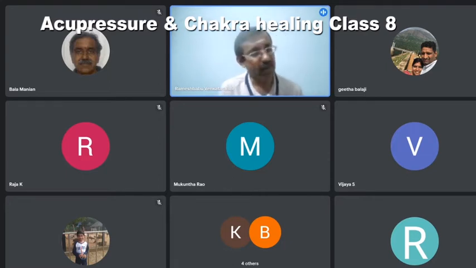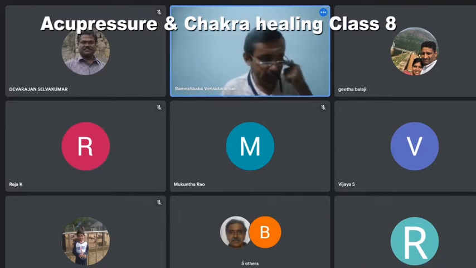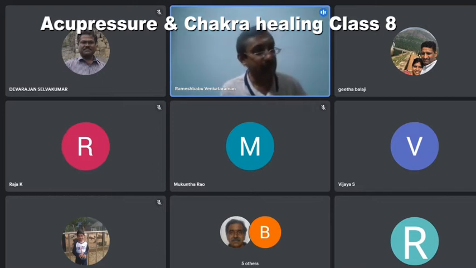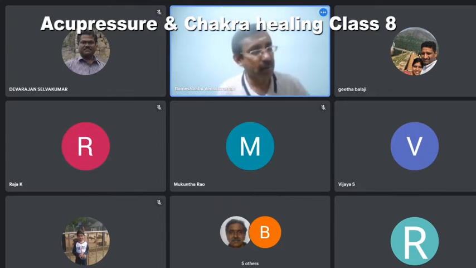SP6 is a very, very important point. It is called the tonification point. Then SP8 is the Xi cleft point. SP9 is the water point. So these are all the important points. I'll repeat again. SP1 is wood, SP2 is fire, SP3 is yuan source and earth point, SP4 is loop connecting, SP5 is metal, SP6 is tonification, SP8 is Xi cleft, SP9 is water point.